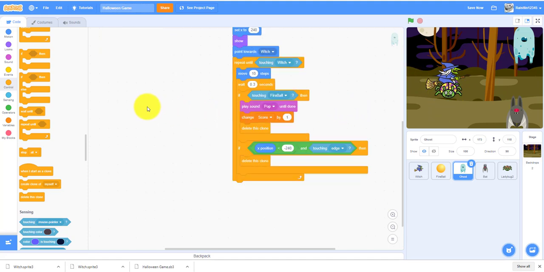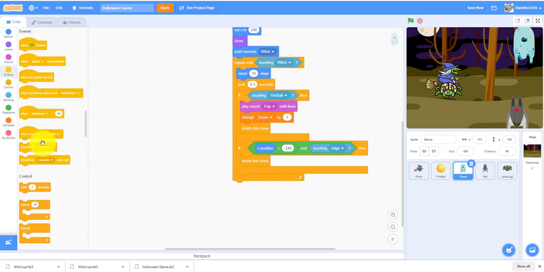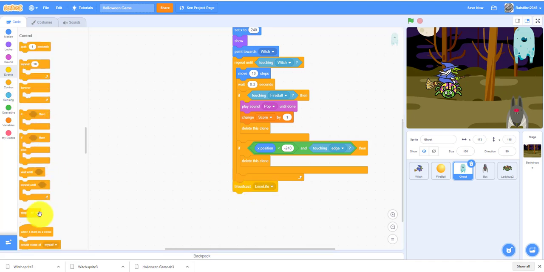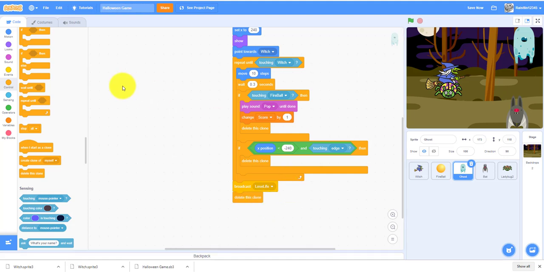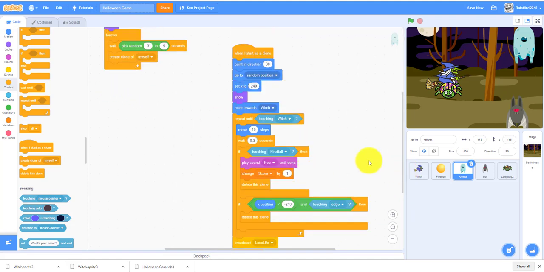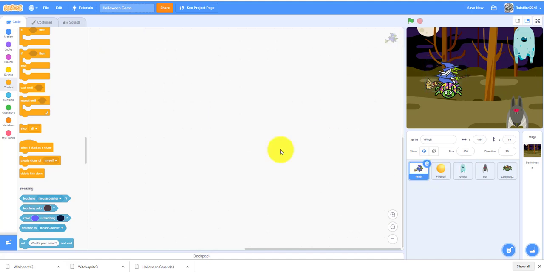So you'll need to broadcast lose a life, and delete this clone. Okay, so let's move on to the witch code now. Okay, so now we're gonna move on to the witch. So for the witch code,